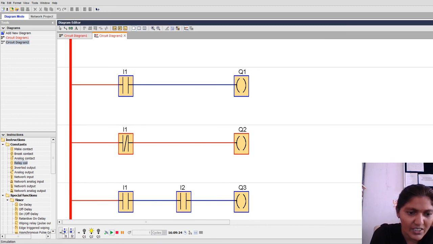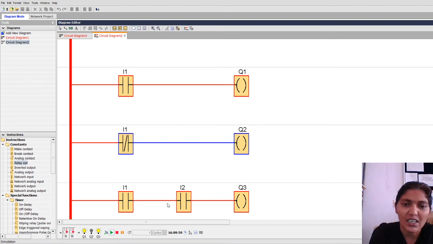Again, the 1 0 state. When I1 is energized by the power supply, the current passes through I1 and enters I2, but there is no operation in I2, so Q3 is in an off state. Next, the last state: when both switches are energized by the power supply, look here, the current passes through the I1 contact as well as the I2 contact, and enters Q3, so the bulb will be high. In previous states, the bulb is in an off state.